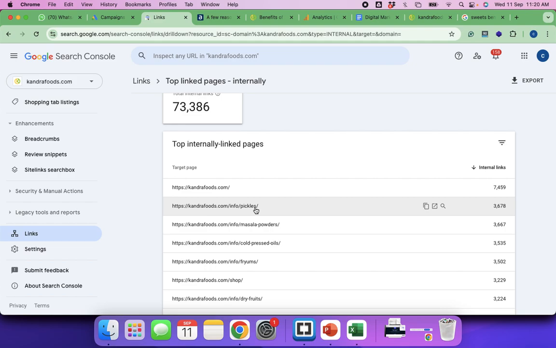And the web page which has the lowest number of links may not be performing as expected. And the web page which has got the highest number of links, there are good chances that they will be performing very well. Okay, but there is no guarantee, but there are chances. Why no guarantee? Because it depends on the competition as well. Cold press oils in Bangalore, it could be highly competitive, and despite the internal links and external links, it can